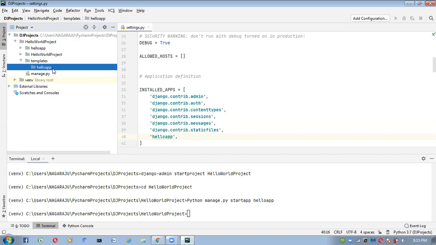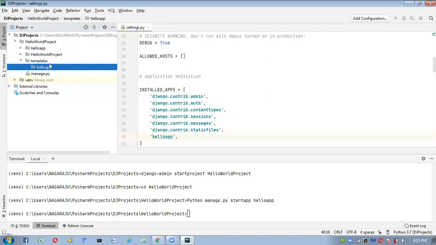Tomorrow I may add one more application and create some more HTML files related to that application. At that time we have to create one more subfolder with that application name and add all of its HTML files inside that subfolder. Like that, to differentiate HTML files at application level, we create subfolders inside the templates folder.